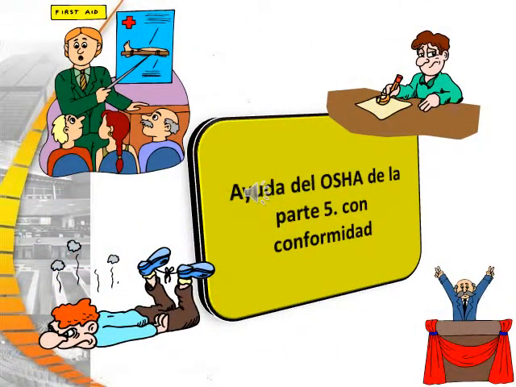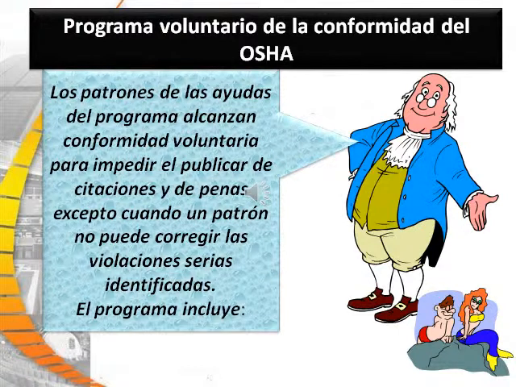Part 5, OSHA's Assistance with Compliance. OSHA's voluntary compliance program consists of the program helping employers achieve voluntary compliance to preclude issuing citations and penalties, except when an employer fails to correct a serious violation identified. The program will include the following: